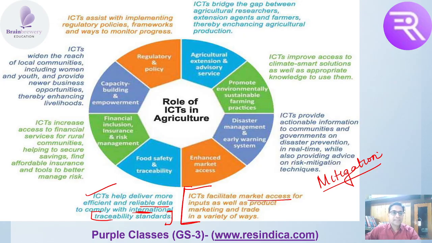Then ICT increases access to financial services. You will be connected through the internet and broadband, so you will have lots of mobile apps. You can get easy credit, easily upload your documents, and easily open your account. You will be getting all the government services easily. You can easily insure your crops. Okay, so everything will be happening at the tip of your hand.